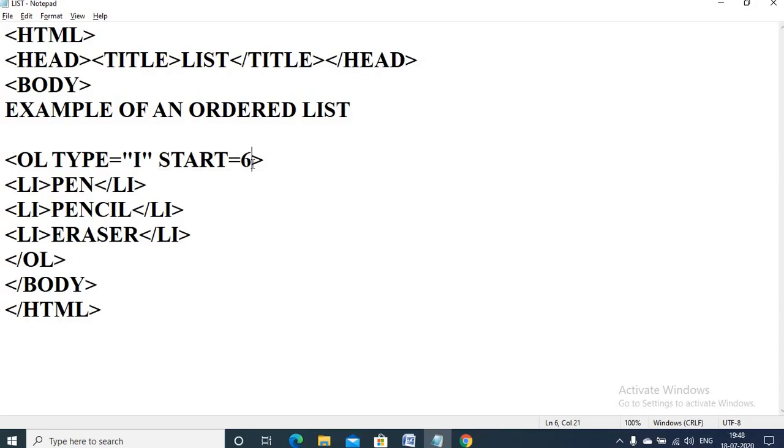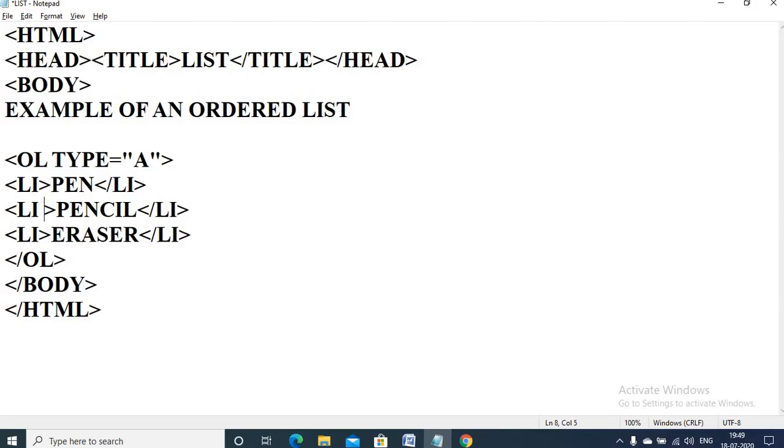Okay. Now let's discuss another thing, that is the attribute of the li tag. I told you that li has the value attribute. Now let's remove this so that you are able to understand. Now suppose you want to break the sequence of the list. Like if I have written here capital A, so my list will begin with ABCD. Now I want after A, it should represent E. It means I want to break the sequence of the list.